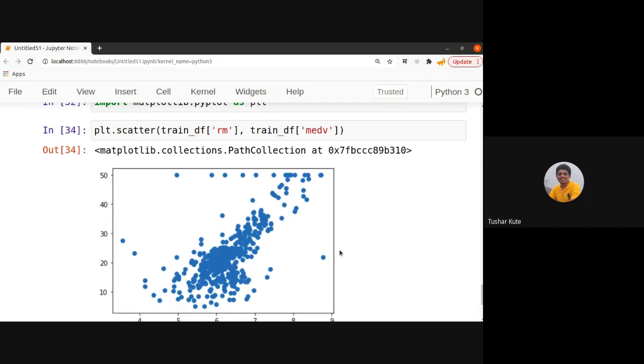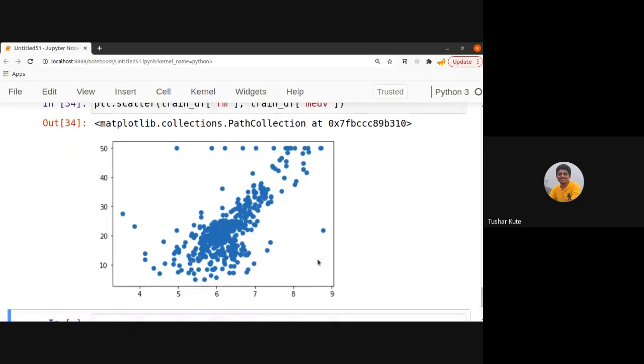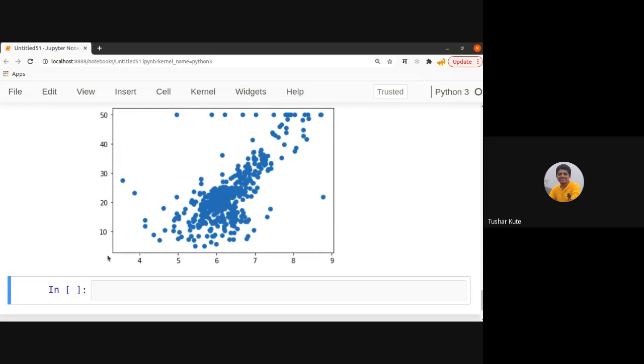On the x-axis we have RM, number of rooms, and on the y-axis we have MEDV, the cost of it. So as rooms are increasing, cost is increasing, but still there are some outliers present. The line is plotted in the center, but these are the outliers which are away from the crowd. Many different kinds of outliers are present in it.